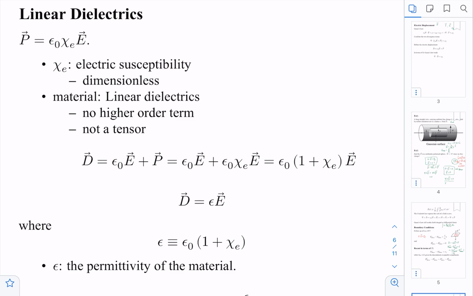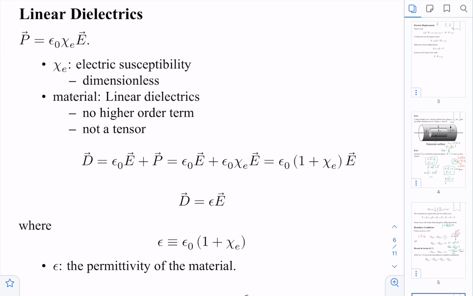Now from here I'm going to discuss a very special kind of material. It's called linear dielectrics. The property of this material is that the polarization P vector is linear in terms of the E field. And here you can see that there is an epsilon naught factor, and this epsilon naught factor is